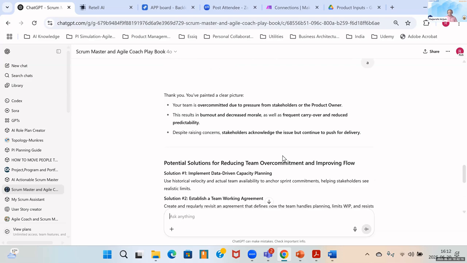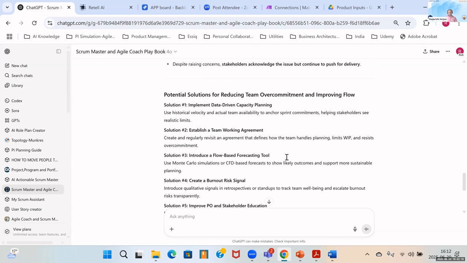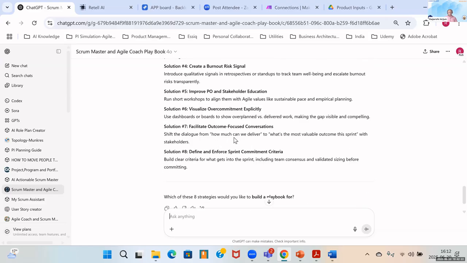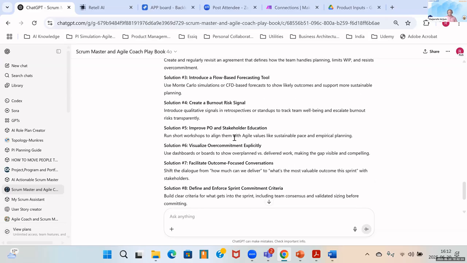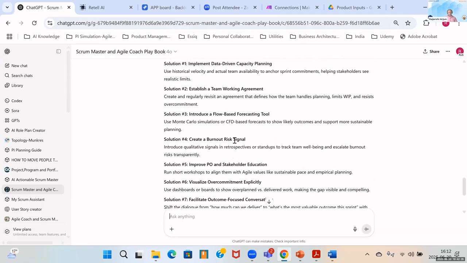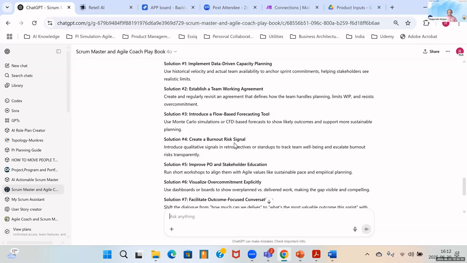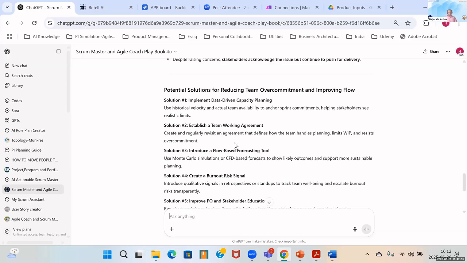So now the GPT gives you a set of solutions over here, that this is solution 1, 2, 3, 4, and so on and so forth. And it's asking you, okay, is there any of these solutions that you want to try out? Okay, so let's assume that we will go with solution 3, introduce a flow-based forecasting tool.